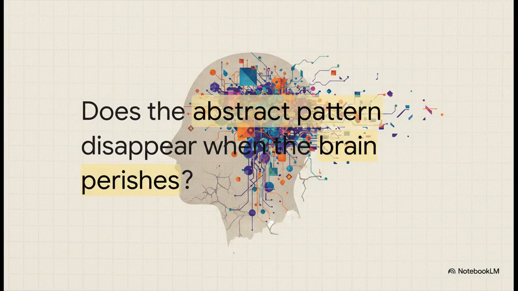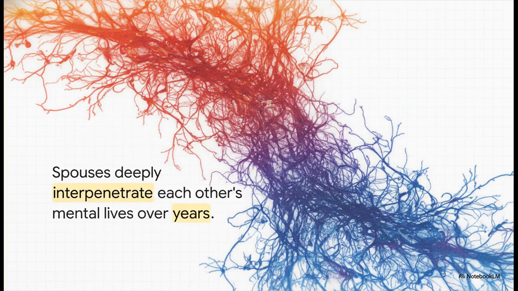Now, I know this sounds like a very clinical, philosophical theory, but following the tragic and sudden passing of his wife in 1993, Hofstadter had to actually test this exact philosophy against his own brutal grief. He was forced to ask the ultimate question. If the self really is just an abstract pattern, does that pattern completely disappear when the physical brain perishes? Well, because the self is an abstract pattern, kind of like a song or a high-level symbol in an ant